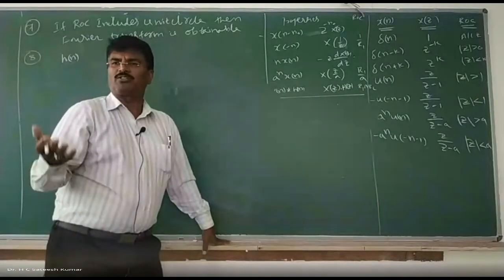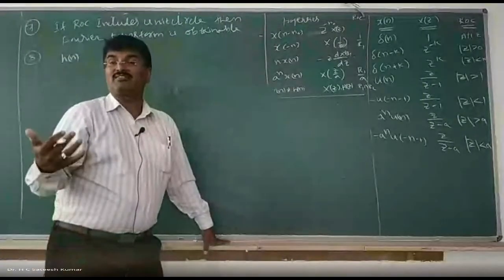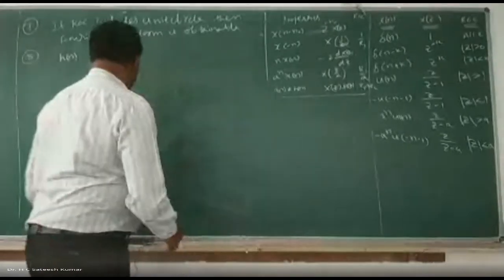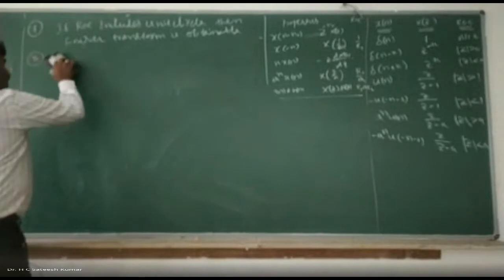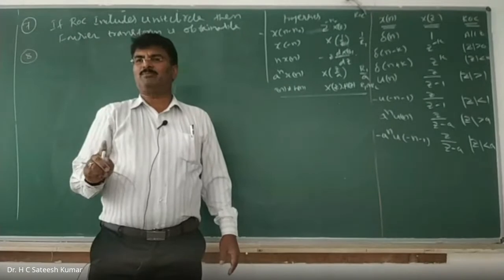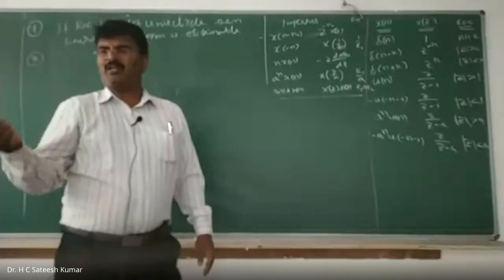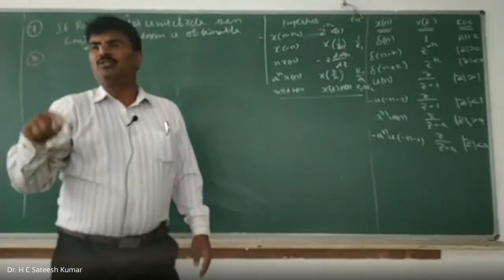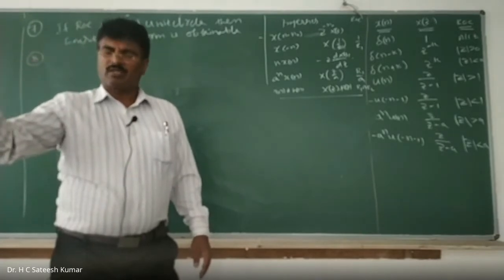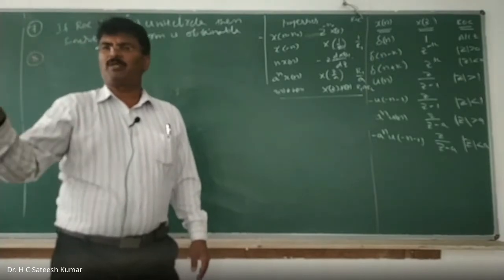So different ways. If the poles are lying in the left half of the S-plane in control system, the system is stable, we said. These are the different ways of analyzing the system. Root locus diagram, Bode plot, Nyquist plot, you will come to know in the later stages in control system. Okay. So for all stable systems, Fourier transformation is obtainable. For the system to be stable, Fourier transformation should be obtainable. For Fourier transformation to be obtainable, ROC should include the unit circle. That means if the unit circle is in the region of convergence, ROC, then Fourier transformation is obtainable. If the Fourier transformation is obtainable, the system is stable.